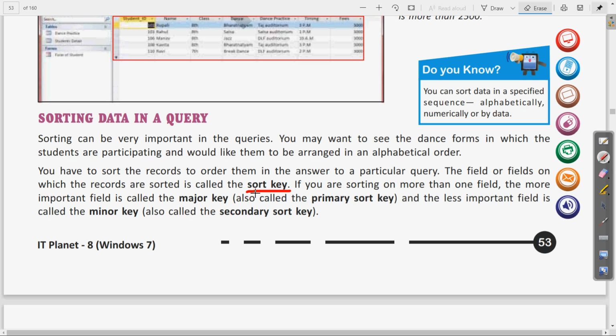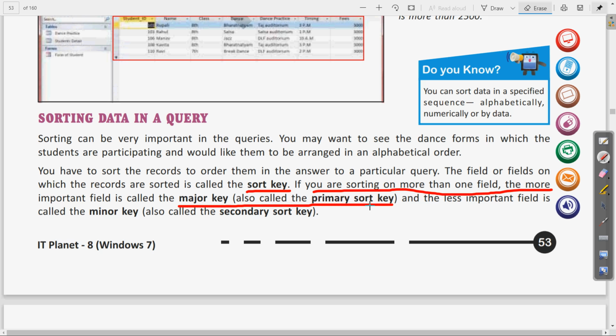Clear? So the field on the basis of which you will do the sorting, that will be called as sort key. If you are sorting on more than one field, the more important field is called as major key. Clear? Or also called as the primary sort key.